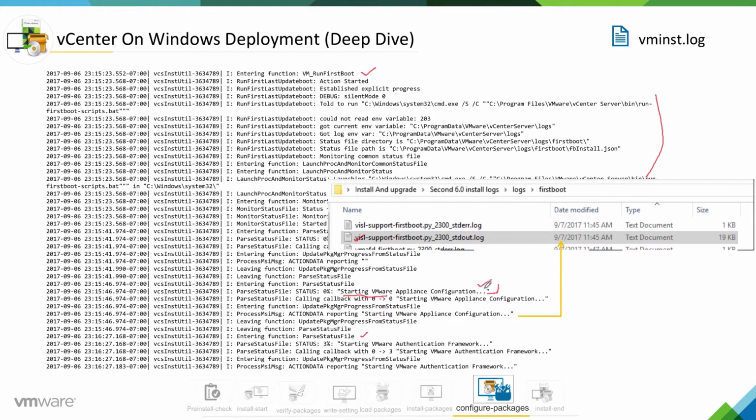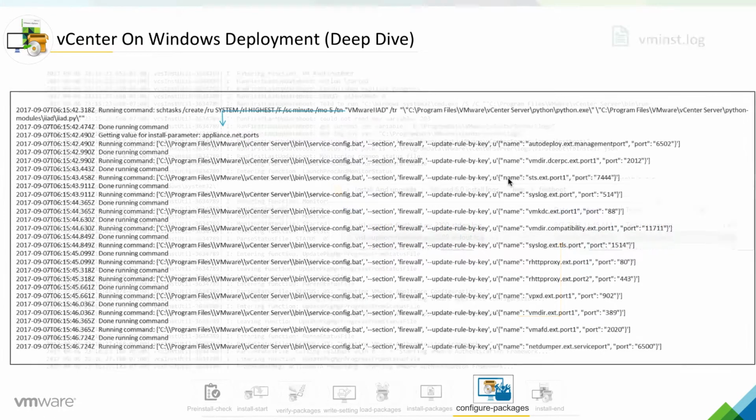But if you really want to know, you need to open the respective component's first boot log and go through it in detail, and you will have enough information to understand what is going on,